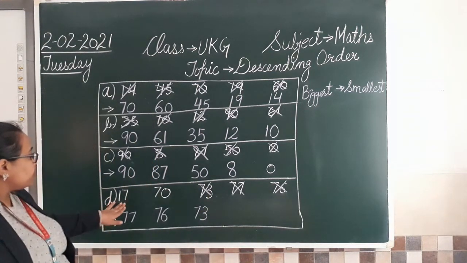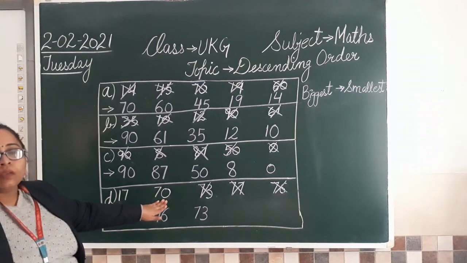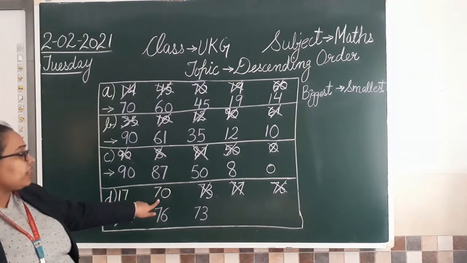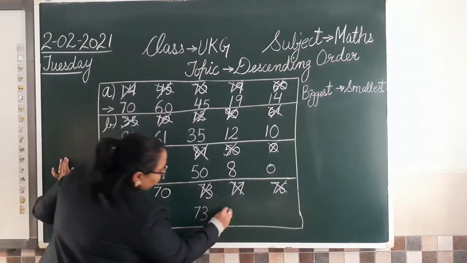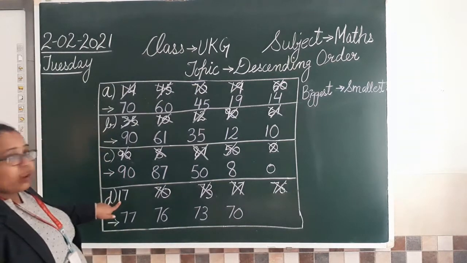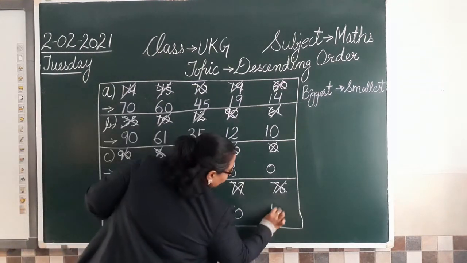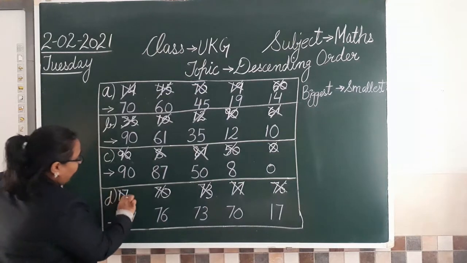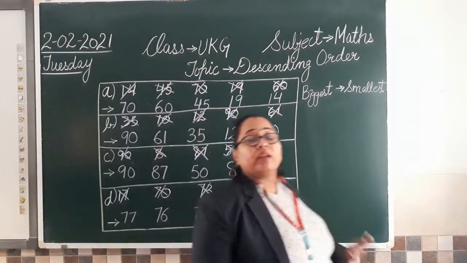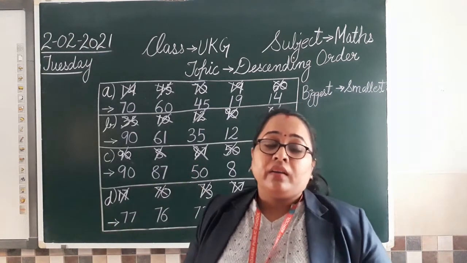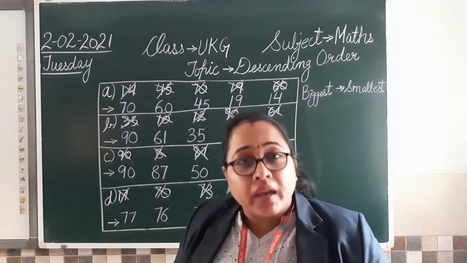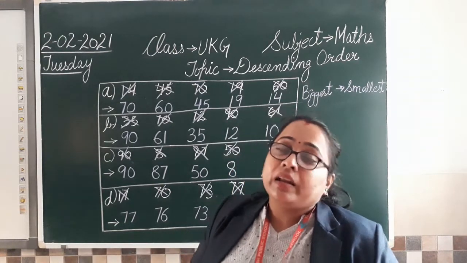Now we have 17 and 70. So can you tell me which is the biggest now? 17 or 70? 70. Very good. So we'll copy 70. Put a cross and now last we are left with 17 and that we are going to write and cross it. क्रॉस जरूर करना है. लास्ट नंबर कॉपी करने के बाद उसको भी क्रॉस करना है. क्लियर? आप ये समझ लीजिए कि क्रॉस करना बहुत जरूरी है, उतना ही जितना नीचे करेक्टली लिखना.